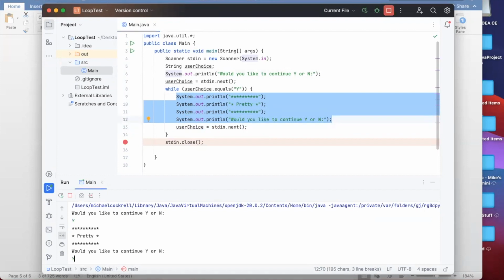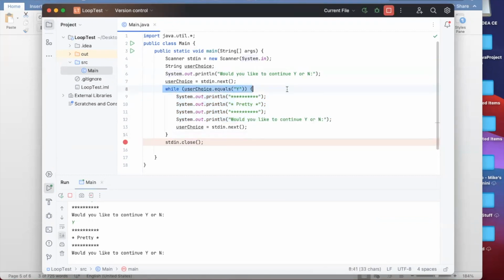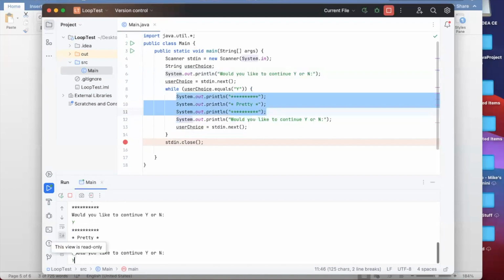Yes or no. So if I type in yes again, then it is going to check to see if my input user choice is equal to Y. And because it is, it prints all those statements again. I can do that as many times as I want to print out the statements in the body of the loop. Eventually, I'll want to choose something that's not a capital Y. So I could follow instructions and press the uppercase N, that would cause it to stop. I can also press any other key here. For example, even if I press a lowercase y, it will stop executing